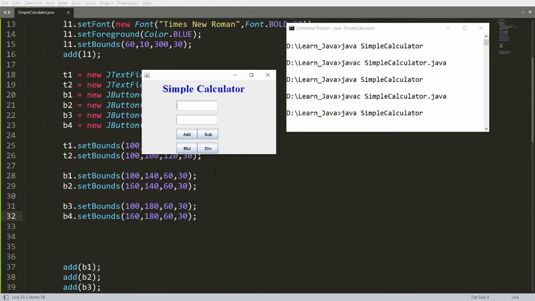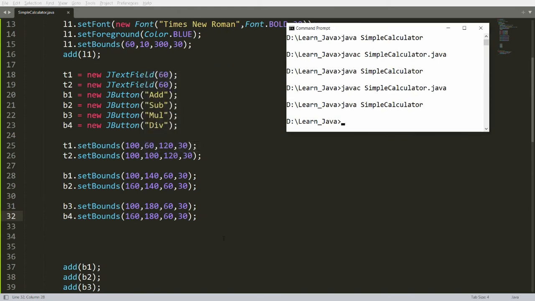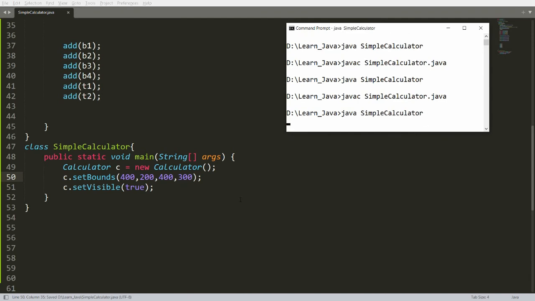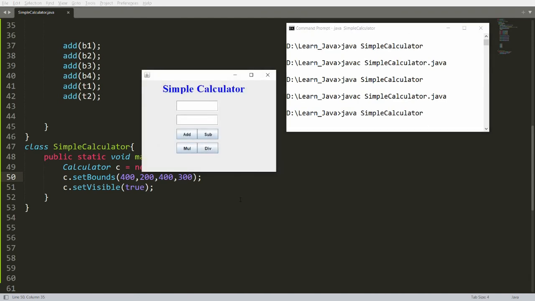Now you can increase the height of this frame. So here you can move to your code and increase the height. Height is right now 250. Let me make it 300. You can compile this and run. Height will be increased. Now whenever the user passes the numbers, for example 15 and 5, whenever I click on add, I want the addition over here in this part, right? And whenever I click on sub, I want the subtraction over here. So how can we manage this?